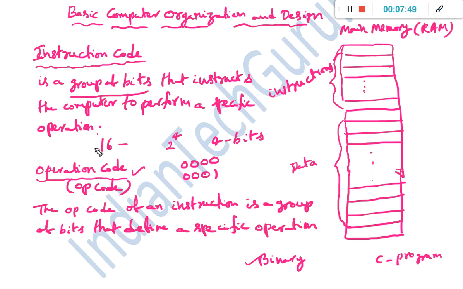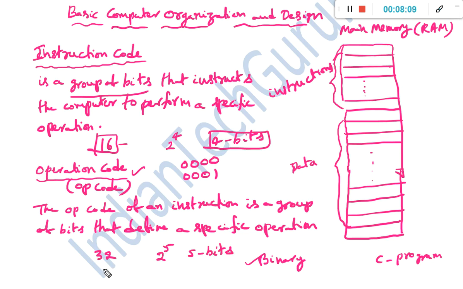So for example, if there are 16 different operations, so how many bits must be reserved for opcode? 4 bits. And in a different computer, assume that there are 32 different operations. Then how many bits we need? We need 5 bits for opcode.